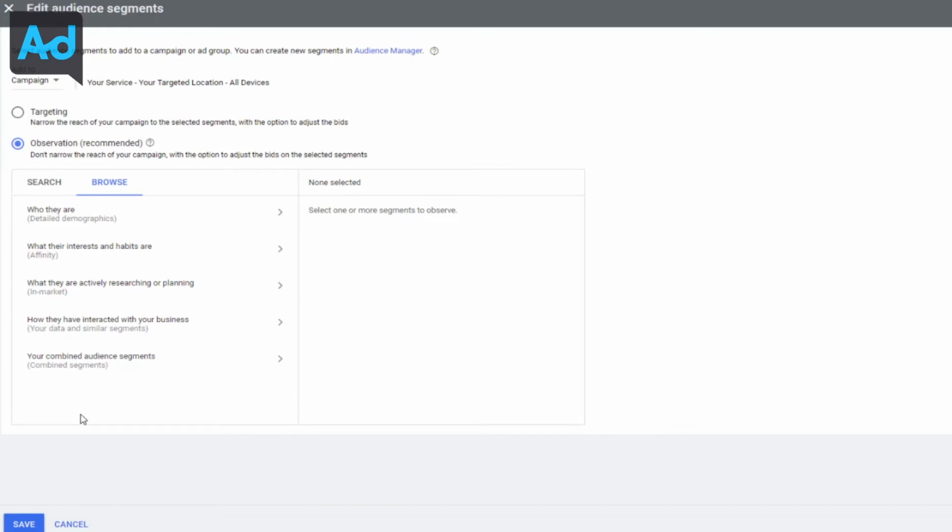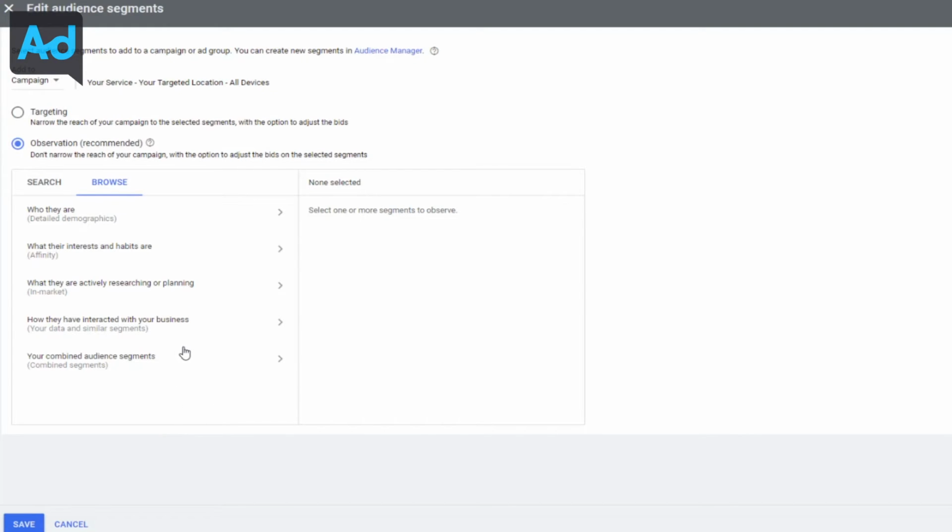This is also going to be more and more important as Google starts to get a little bit more and more broad and leans on automation to take the reins. So by layering in audiences, it can give you a little bit more control and also put Google in check on the certain segments that you want to prioritize based on your actual conversion data. So with that being said, some other common mistakes in terms of audiences and not taking advantage of this is